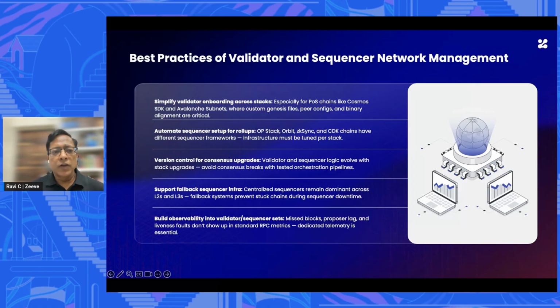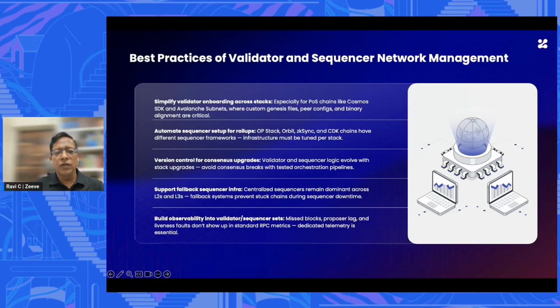And then version control for consensus upgrades. That is again very, very important, so that whenever a change is happening, the validator binary also needs to be upgraded. So we need to ensure that all the validators have been updated with the newest code base. And in addition to that, having a very solid 24/7 proactive monitoring is very important, because when you are launching a chain at the start, you may have a lesser number of validators.